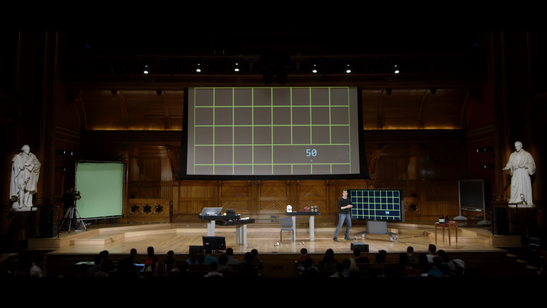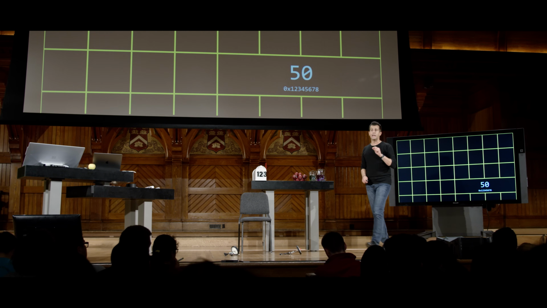Well, here's my computer's memory. Let's go ahead and put n on the screen again. And n might be down there arbitrarily somewhere in memory. And it's called n. The value is 50. Technically, that 50 is somewhere. And let's just arbitrarily, for discussion's sake, say it's at address 0x12345678. So somewhere arbitrary. What does p look like in this picture?